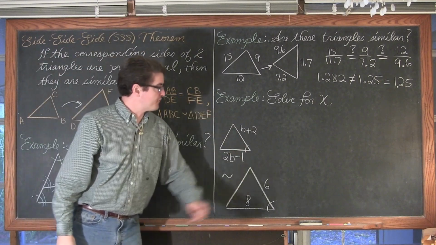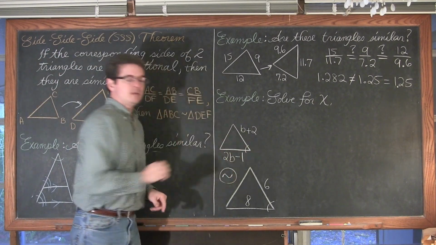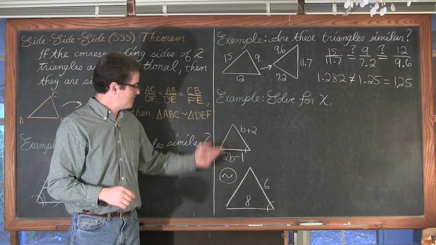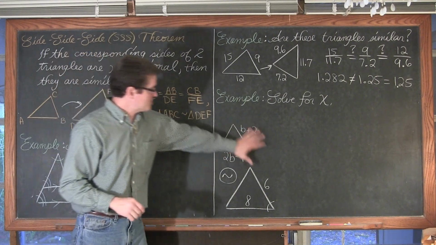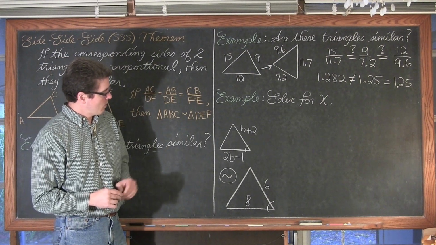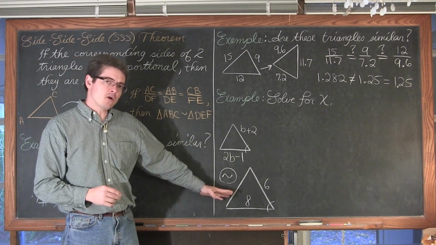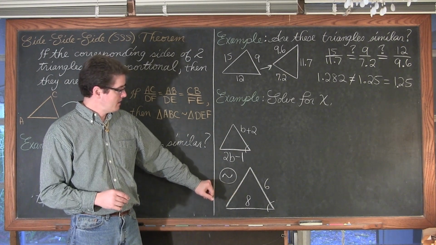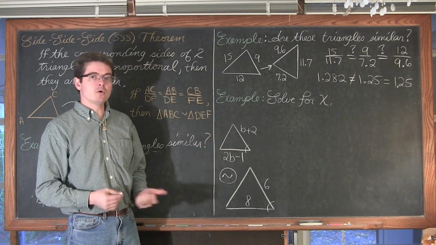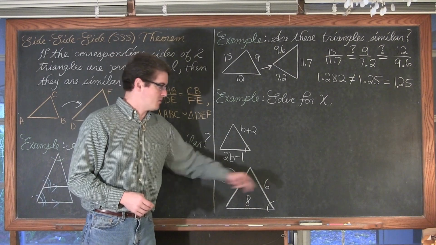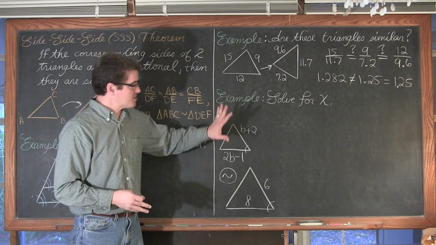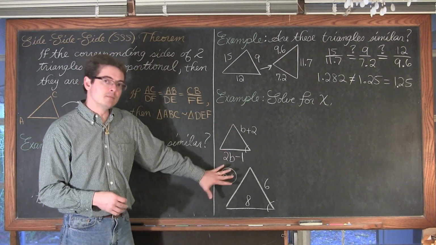Alrighty then, we're going to solve for x. Now if you look right here, I'm telling you that these two triangles are similar. I'm not going to be looking to see if these are similar. I'm told that they're similar, and I want to use that fact to solve for the unknown value of b. Well, if these two triangles were congruent, and I've kept these in the same orientation, by the way, then we would just do b plus 2 equals 6. I probably wouldn't have the unknown value of b in two places. But these are not congruent triangles, they're similar triangles.